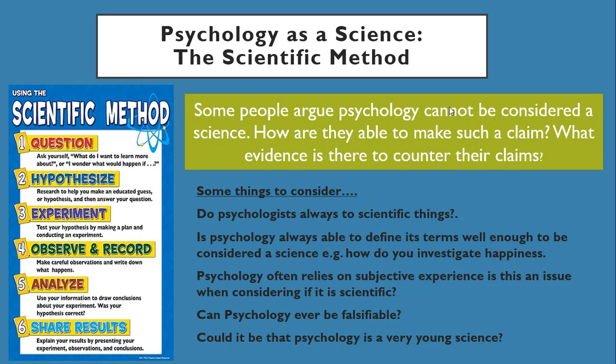Wundt followed the scientific method. So it's the idea that we have a question or something we want to investigate. We can then create a hypothesis, or prediction of what we think might happen in that situation. We can then design an experiment to test that. We can record some data from the experiment. We can look at the data and then we can use our results to either falsify, so prove wrong, something. We can alter our experiment and try again, or we can create a theory based on our observations. So Wundt is trying to use this scientific method, but we need to bear in mind that psychologists aren't always scientific.